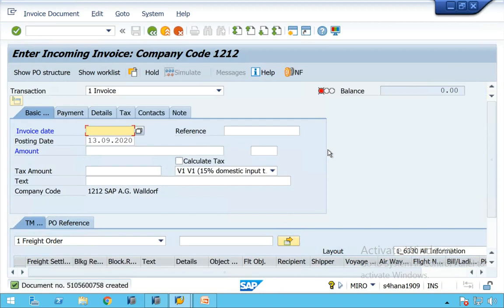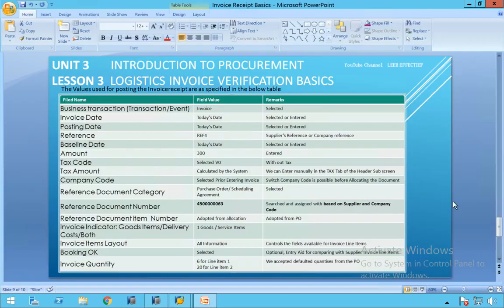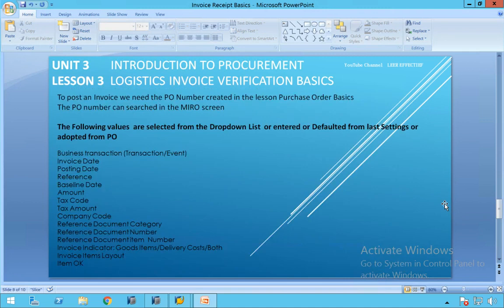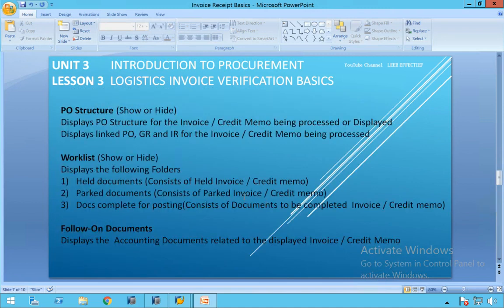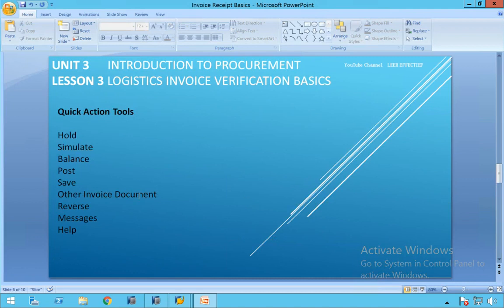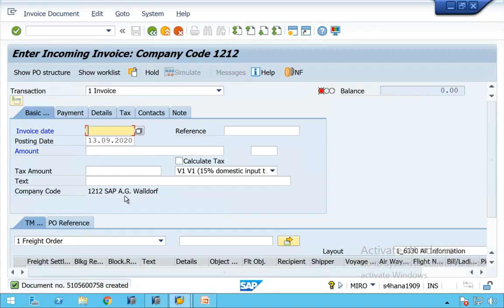Can you see document number 51056000758 created? Now we'll understand what this is. This is the invoice document. Now we'll go to the slide. Other invoice document. Do I need to go back and come inside to display this?